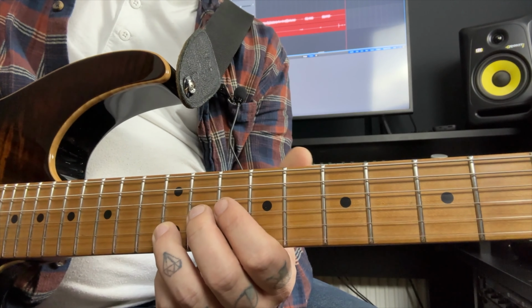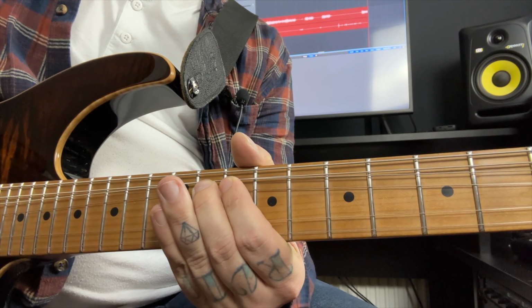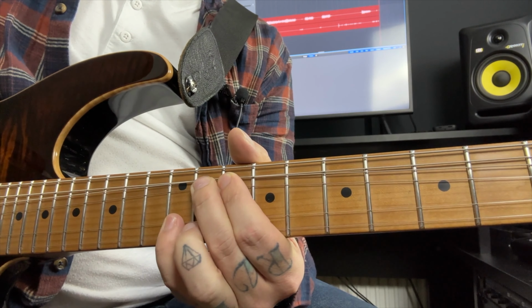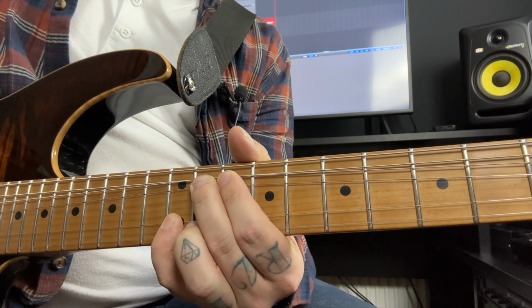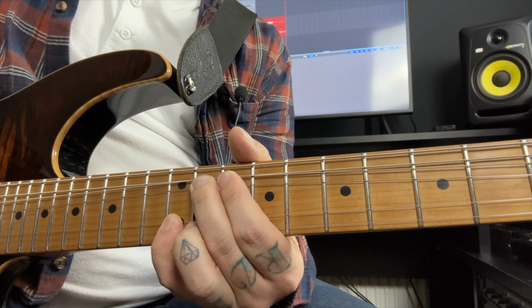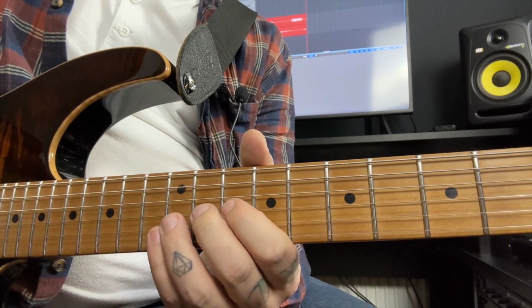Next, we take the 11th fret of the G string and we bend that up to the 13. And while that note's held up there, we play the 12th fret of the B. Then we re-pick that pre-bent note and release it back down to an 11. So that it becomes...